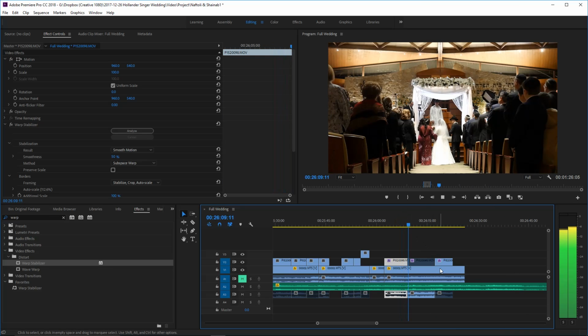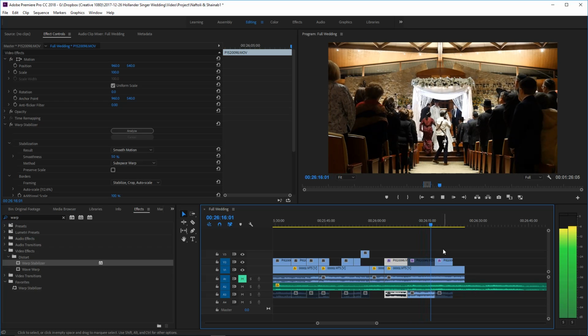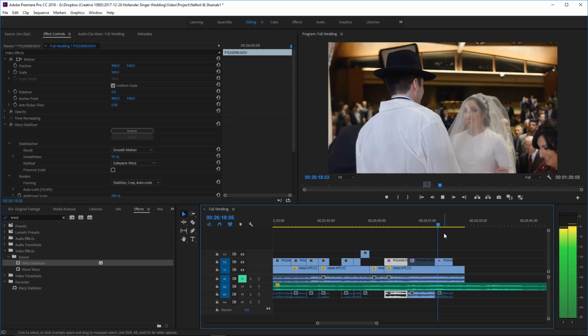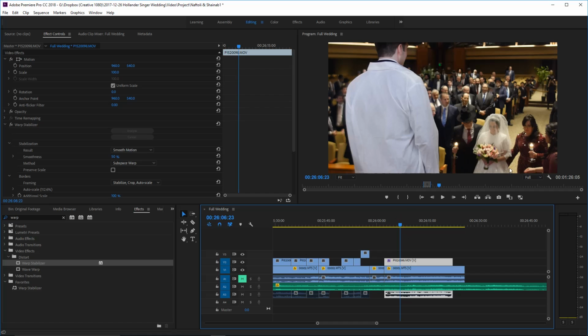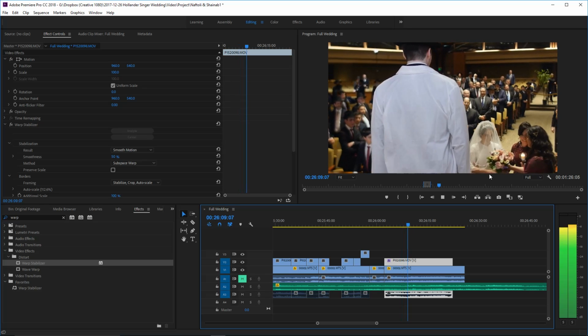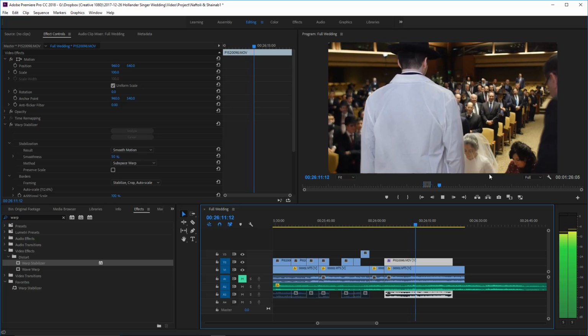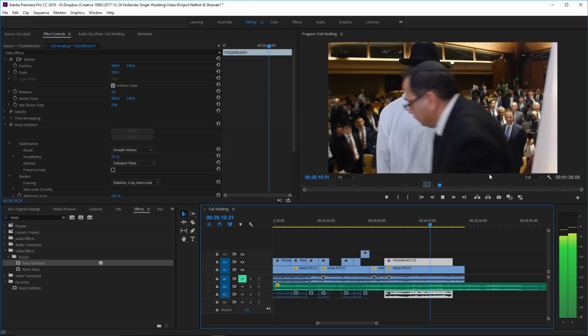We also have the caterer walking in front, so we're gonna see what happens if we disable this clip. And let's just, it's just not, it doesn't speak to me as much. There are problems with this shot. You see her handing off the bouquet of flowers, and then you see the caterer walking in front of my shot.